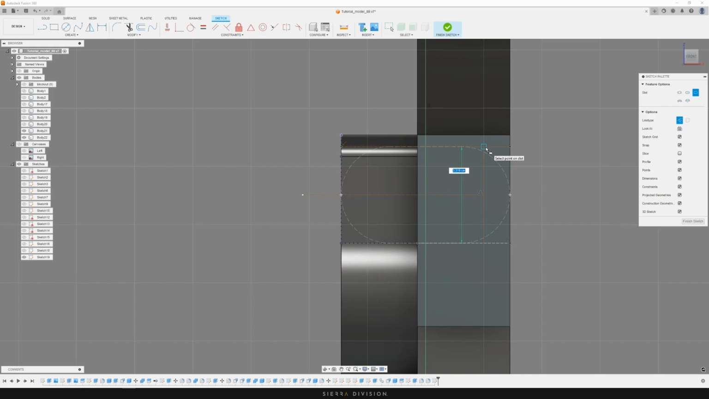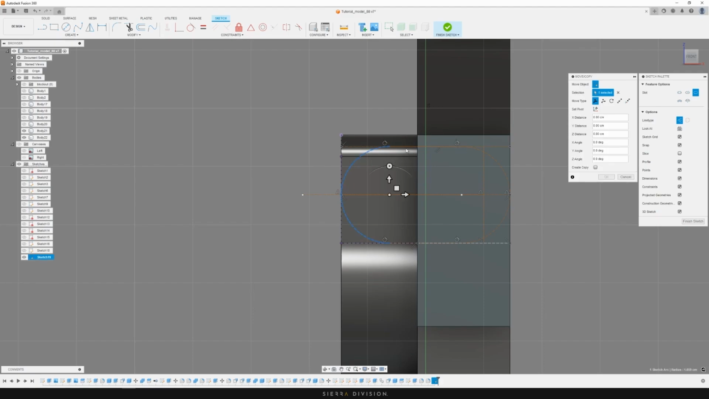Now, I'm still in guideline mode. If you accidentally click OK and you see, oh no, this is still a guideline, you don't have to redo it. You can just go to your Move tool by pressing M and then selecting the lines you want, and then you can change them right here. If you're happy with the result, you can click Finish Sketch,